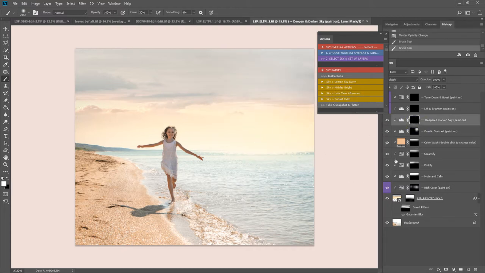I think I'm generally quite happy with that. So that's before and after. That's using the LSP Painted Sky overlays,